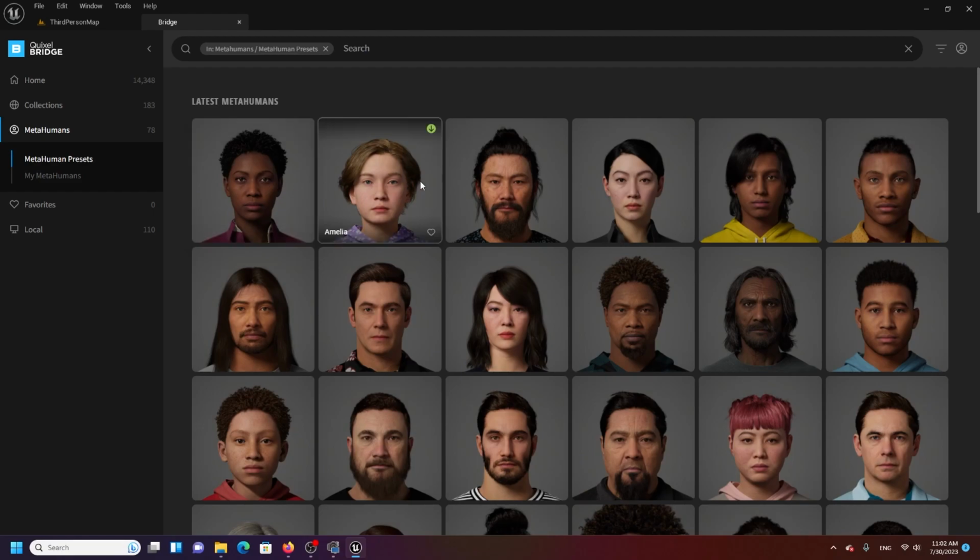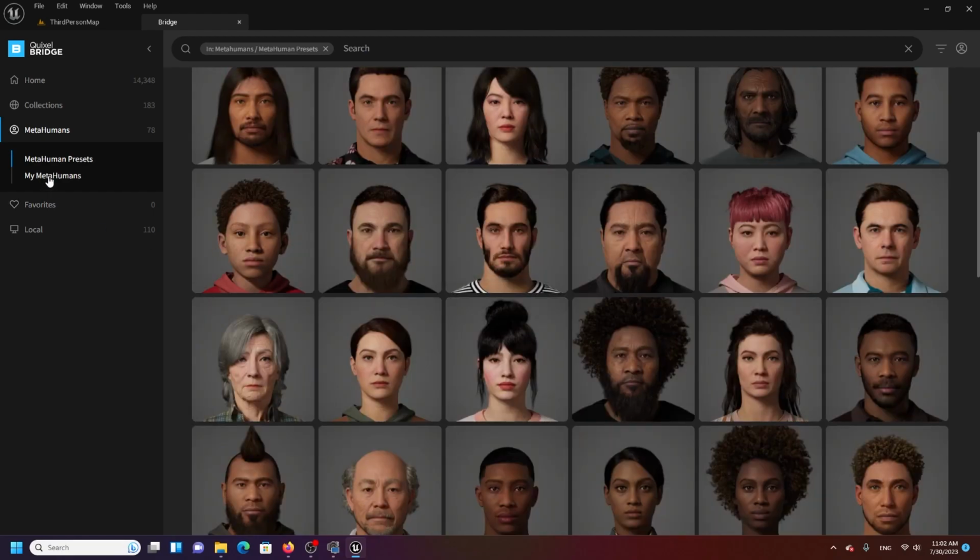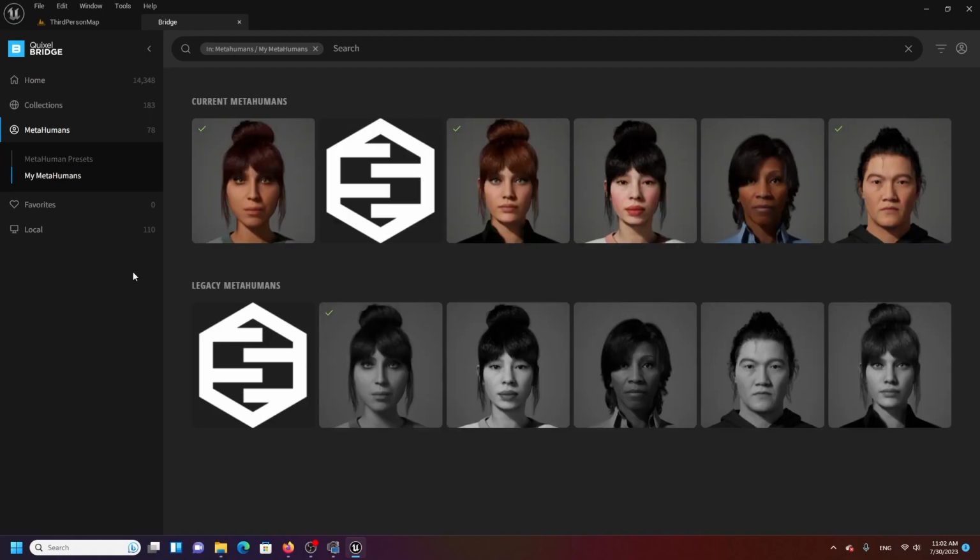You can click on it. You'll have some base metahumans you can pick from, and then you also have this one called My Metahumans for any metahumans that you created. So these are some of the ones I've already downloaded. The little check mark means I've downloaded them. If they're not, you can download them the same way you would any other asset in Bridge by hitting the little green arrow and downloading. Now it takes quite a long time depending on your internet connection. Okay, but once you have it in, then the blue arrow would be the way that you can actually put it into